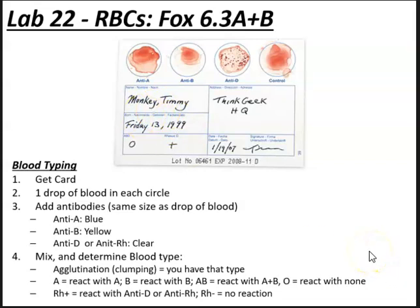So you add a drop of blood to each circle. You then add antibodies about the same size as a drop of blood. The anti-A would be in a blue container, the anti-B is in a yellow container, and then the anti-D or the anti-RH, RH standing for the rhesus factor, would be in a clear bottle. So after adding the anti-A, anti-B, and anti-D to the circles indicated, you then take 3 little plastic sticks, one for each circle, and you would mix the antibodies and the drop